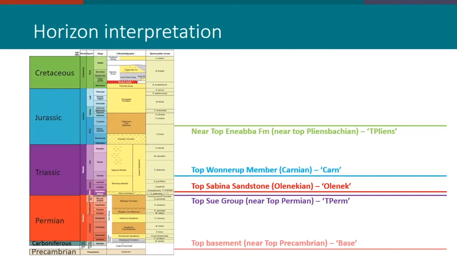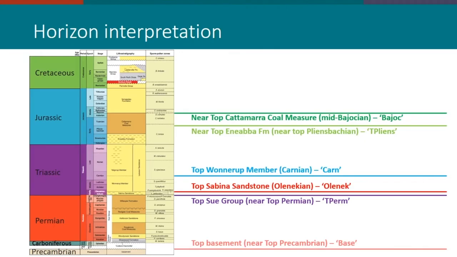This package is interpreted to include both the Yalgarup member of the Lisua sandstone and much of the Eneabba formation and time equivalent. The next horizon above is Middle Jurassic and most likely mid-Bajocian in age, and tops a package that is for the most part more reflective than the interval above and below. It's interpreted to lie close to the boundary of what is equivalent in age to the Katamara coal measures and